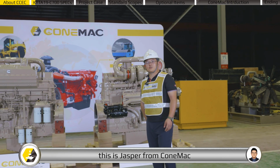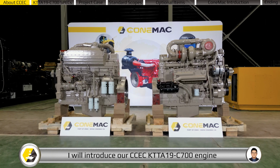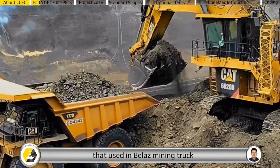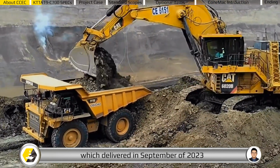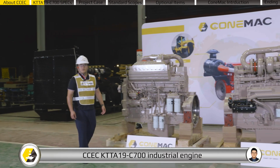Hello everyone, this is Jasper from ConeMac. In this video, I will introduce our CCEC KTTA19-C700 engine that used in Bilat's mining truck, which delivered in September of 2023. CCEC